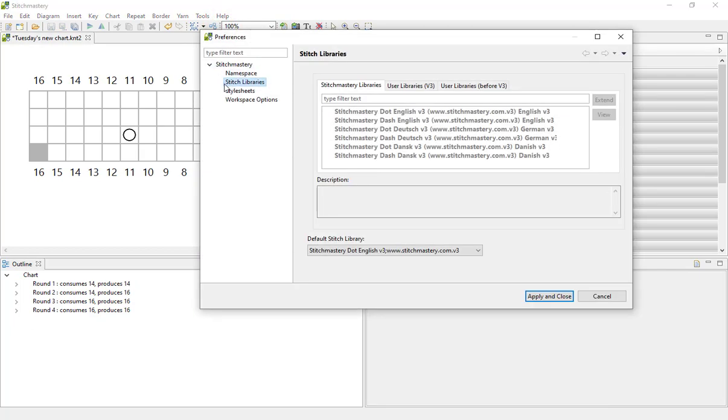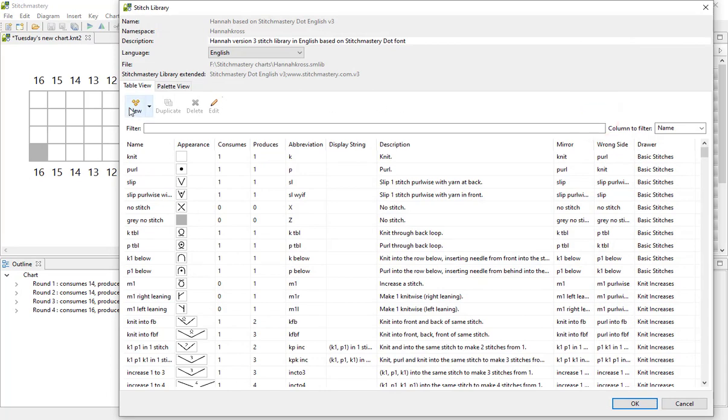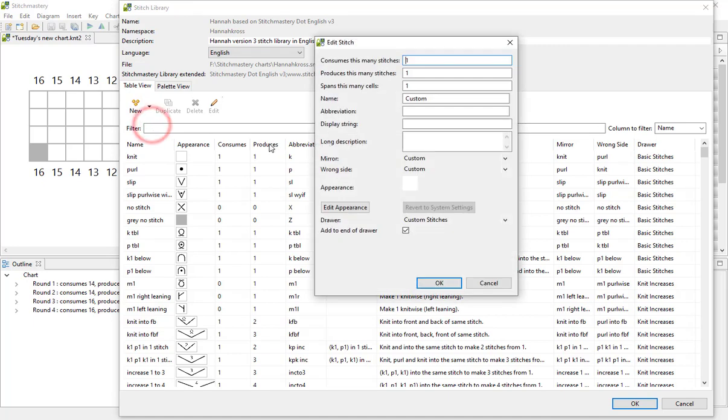I have the Stitch Libraries tab open and I'll open the User Libraries version 3, select my own user library and Edit or View. And I'm going to create a new stitch. So first of all, the questions are about how many stitches this will consume and produce.